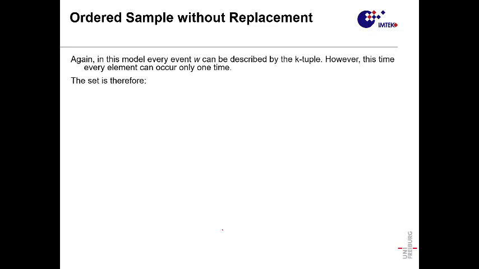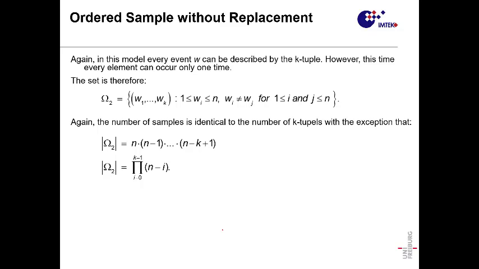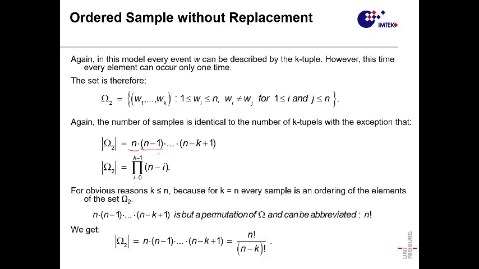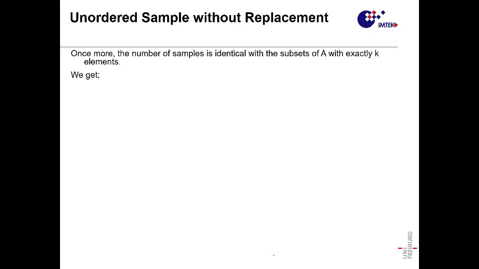Let's say now that we consider order important, but replacement is not possible anymore. Then every time you take one element from the n, you have to subtract it. So the first time you pick one, all the elements were there. The next time you do it, there are going to be n minus 1 elements, because you cannot replace it. And if you do it again, you end up with the formula that's here: n factorial over n minus k factorial.